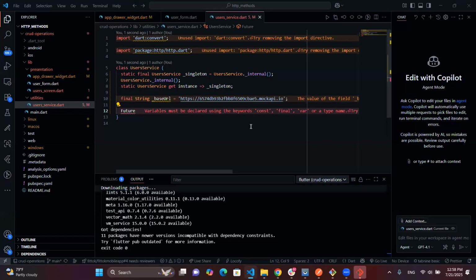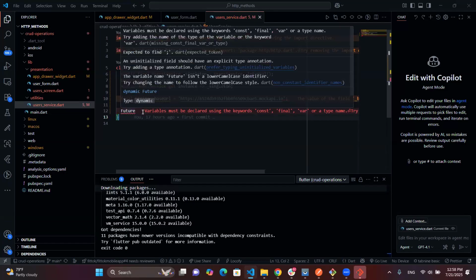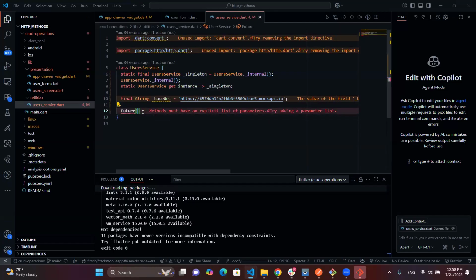I made emphasis on the fact that when you're dealing with maps, it's usually curly brackets. If you're dealing with list, square brackets. So for this particular